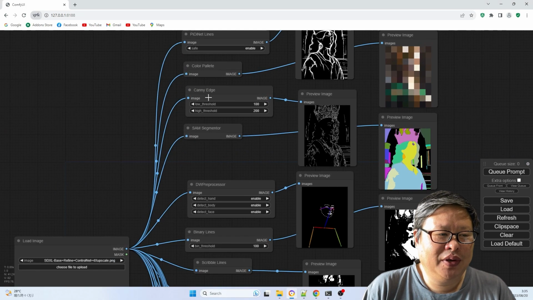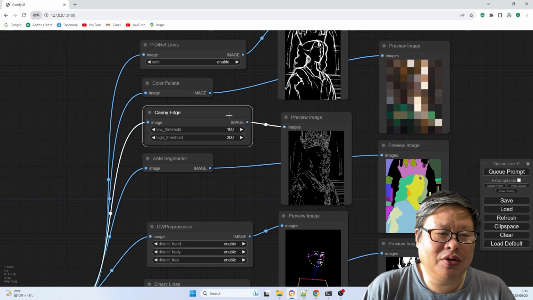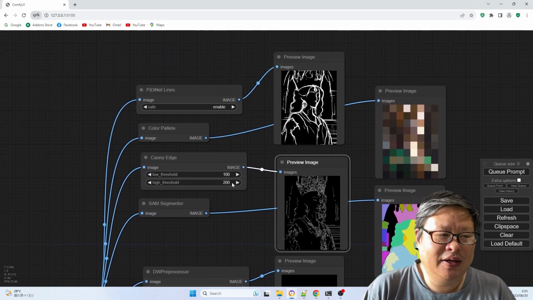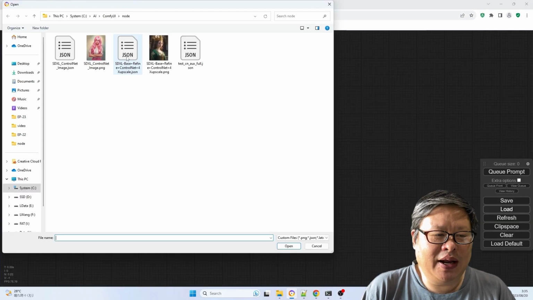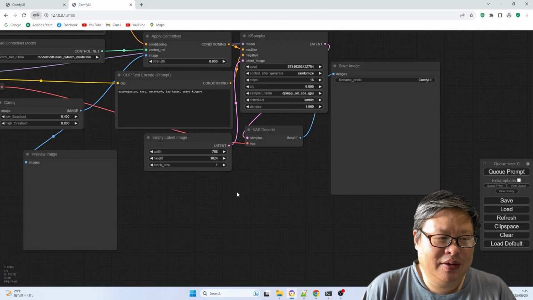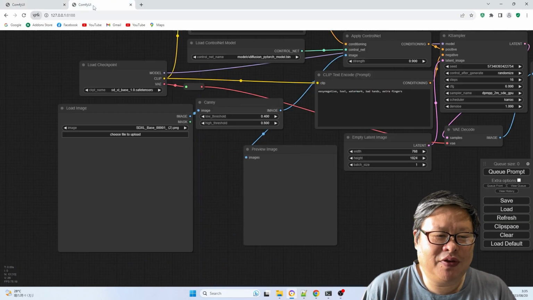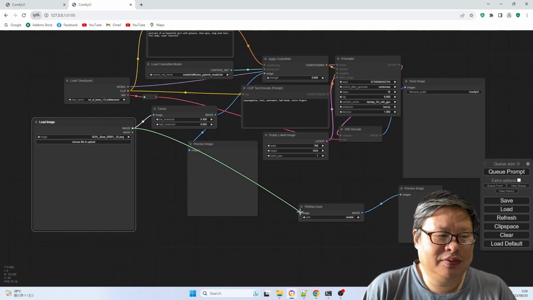For instance, imagine you have come across a function in a JSON file that you find extremely useful, like preprocessors for SDXL ControlNet. Now, you want to incorporate it into your workflow. Simply open another window using the same browser and use the copy and paste function as you normally would.